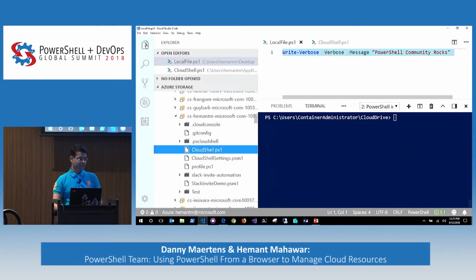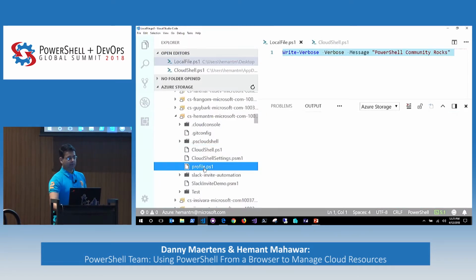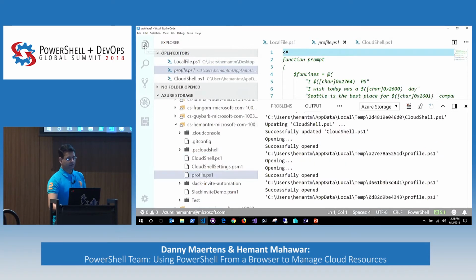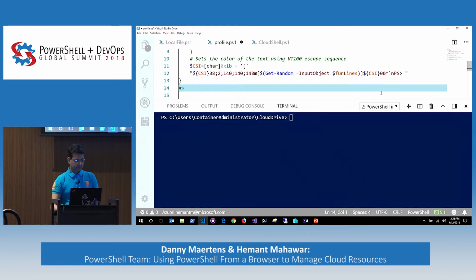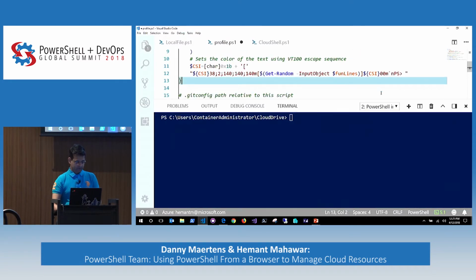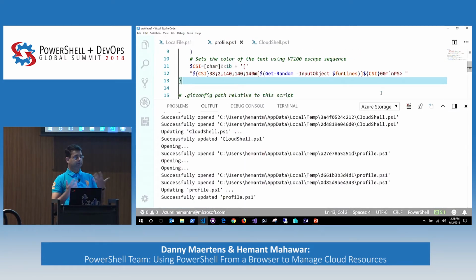So I can go and see, as there's a profile, I can go and double click my file, it opens up, and here I have a couple of things commented out. So let me just create my custom prompt, and there's a lot of Unicode stuff here. So I saved my custom prompt, make the changes to the file, saved, and now if I go and open